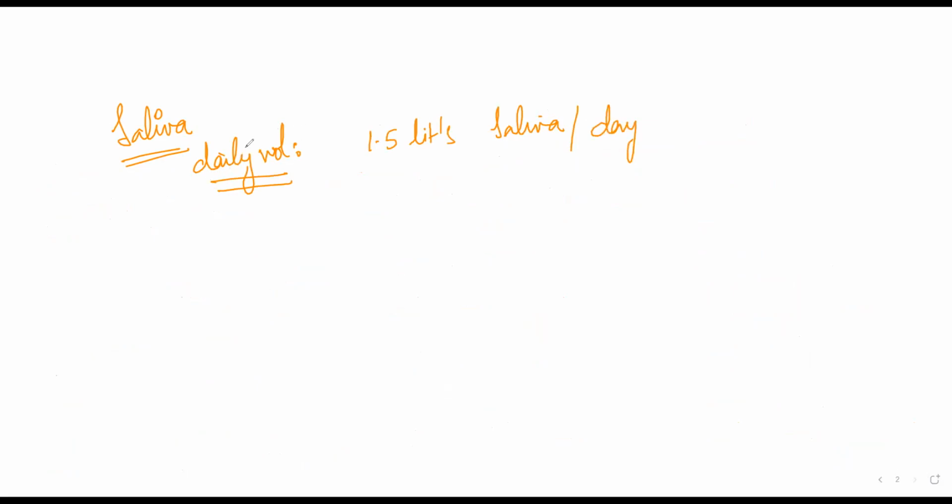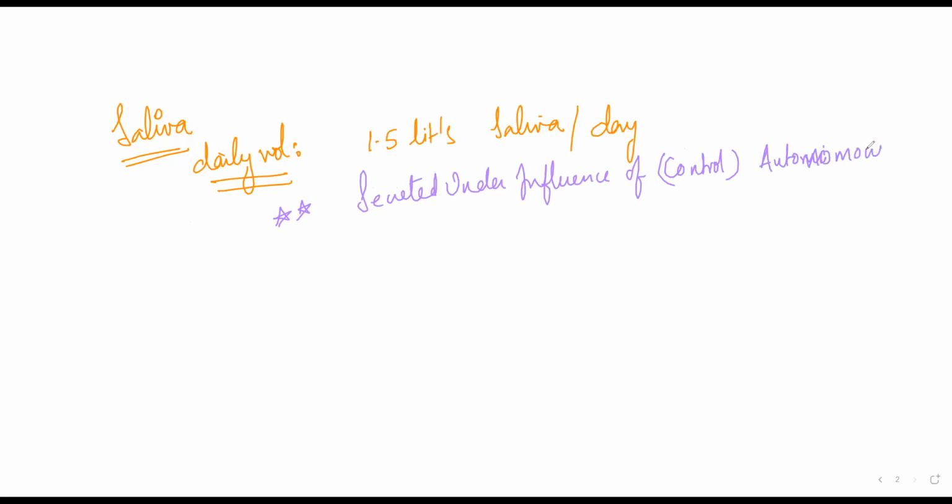And it is under the control of this. This is also another important thing that you need to discover: it is secreted under the control of your autonomic nervous system. Okay, autonomous nervous system. And children, remember that the secretion composition is usually hypotonic.